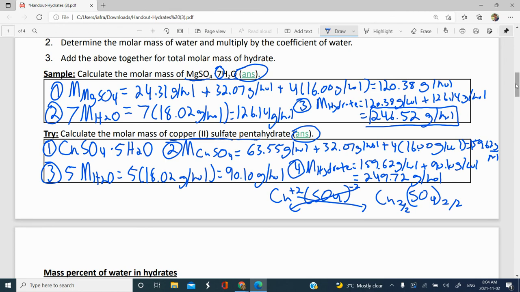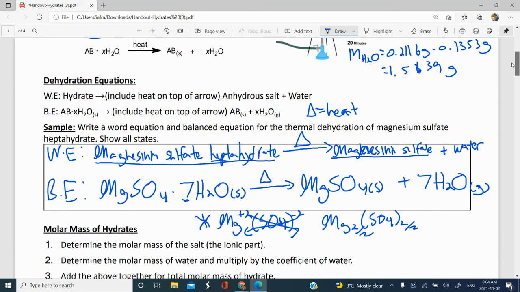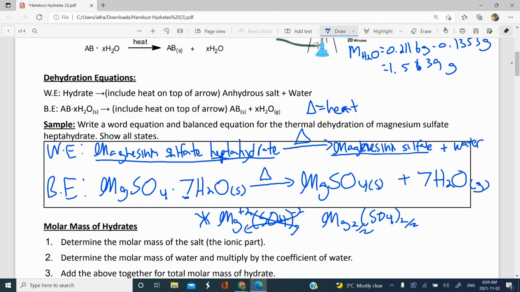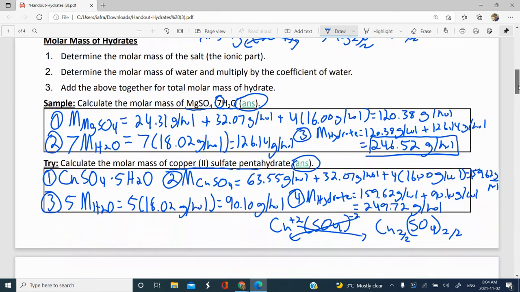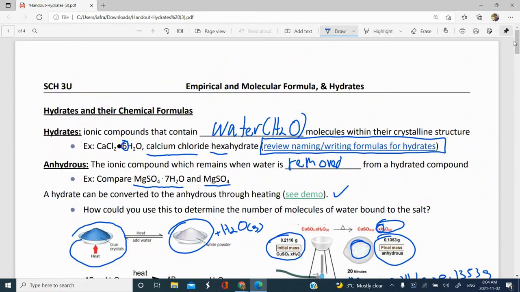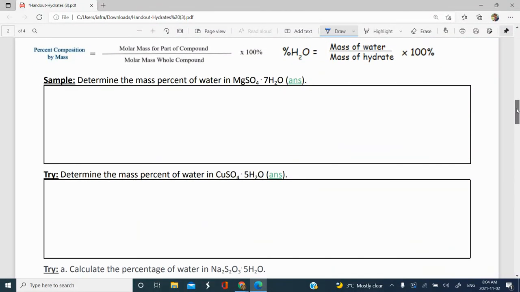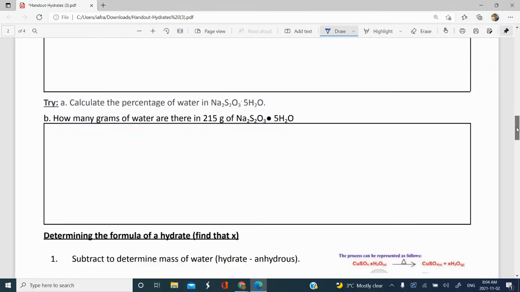So far, what we've seen is how to write the dehydration equations, which we will sometimes call thermal dehydration. That basically means dehydration using heat. We also saw how to do molar masses of hydrates. And to do that, you had to have the basic skill of knowing how to make formulas for hydrates if you were given the name. And again, if you don't remember that, you can always review that in the lesson provided here from one of our previous units. So the last skill you really need to know is related to the mass percent of water